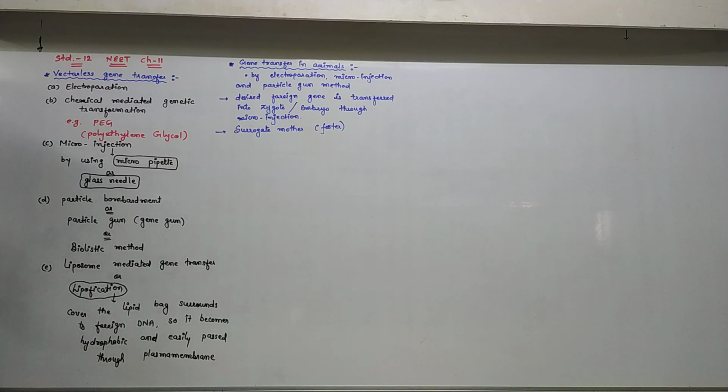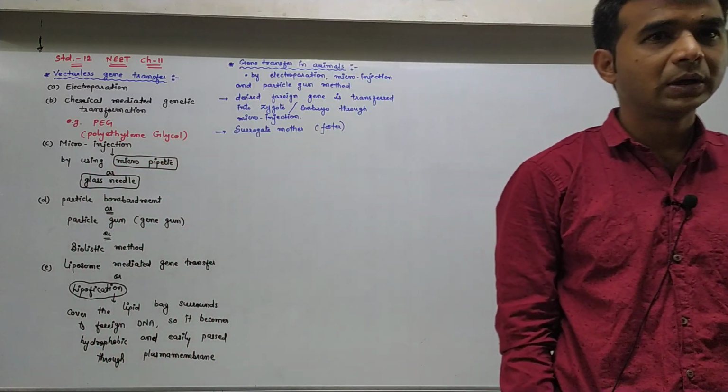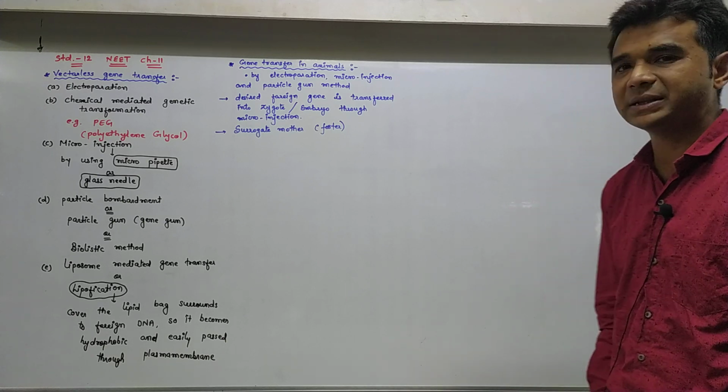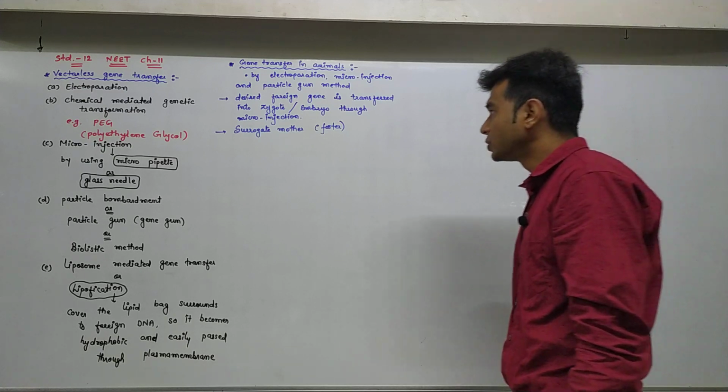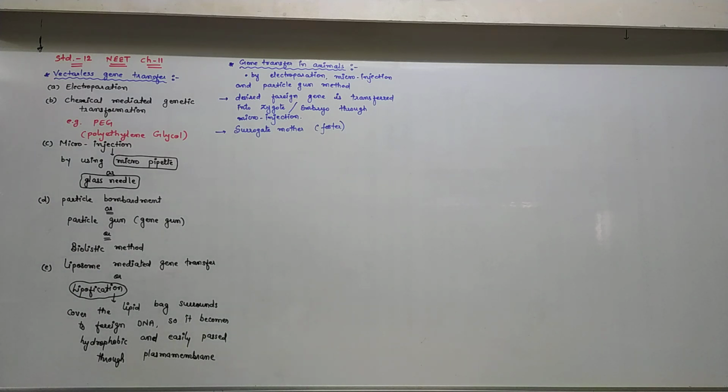After treating the zygote or embryo, it is transferred to the uterus of that particular female or to another female. If we take the uterus on rent for the gestation period of another animal, that is known as a surrogate mother. A surrogate mother is also known as a foster. Okay, fine. So this is about gene transfer in animals.